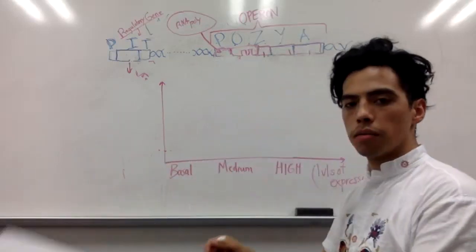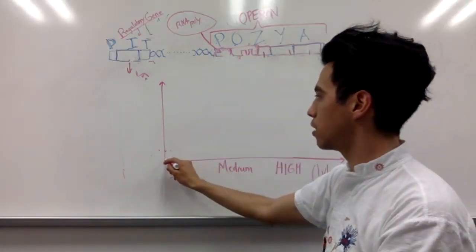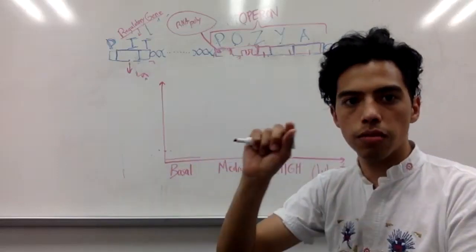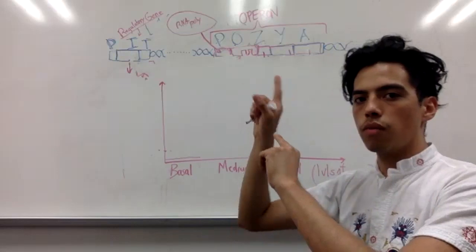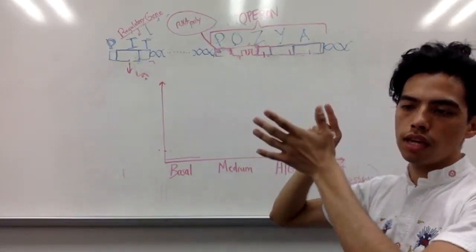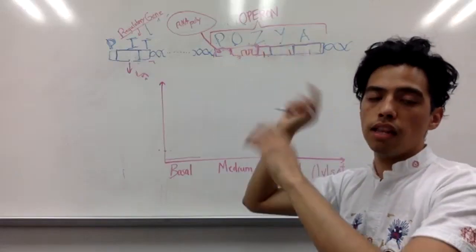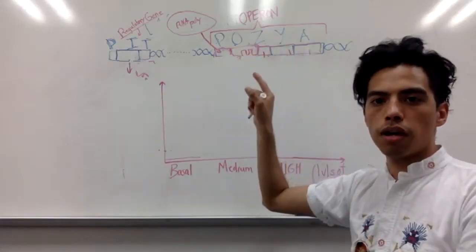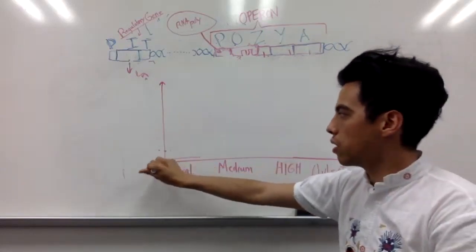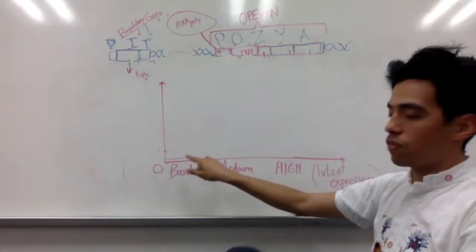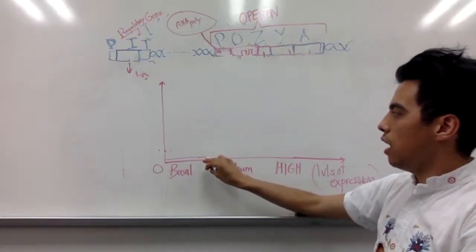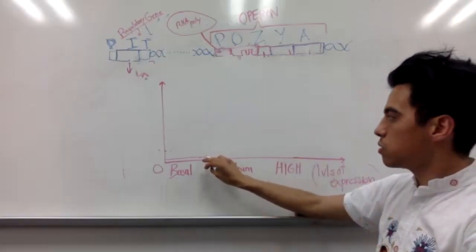So, when we talk about basal, we said that there's very little transcription that's going on, right? Because we have the repressor bind to the operator, but then it takes a break, gives it a second, and then it binds back again. And in that time, the RNA polymerase is going to bind and do some transcription, right? So it's a little bit of transcription. It's not zero, right? Basal is not zero. It's very low. Now, when we talk about medium, that is an elevation from basal, right? But